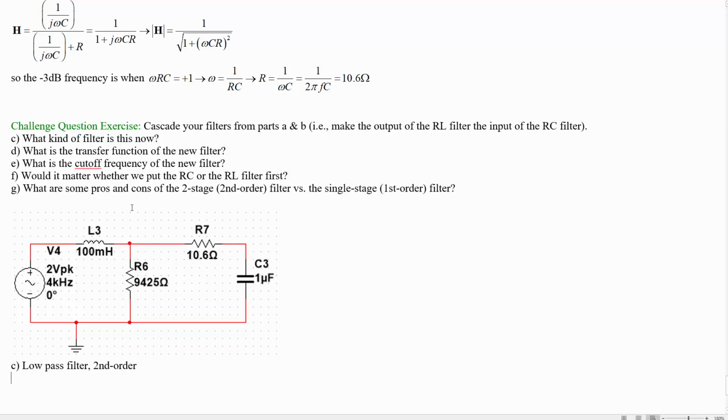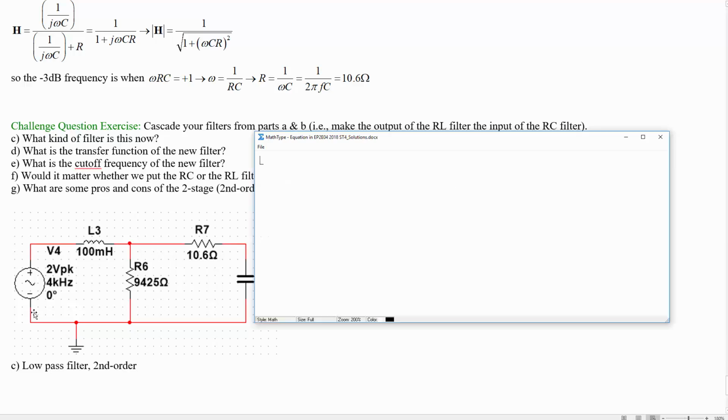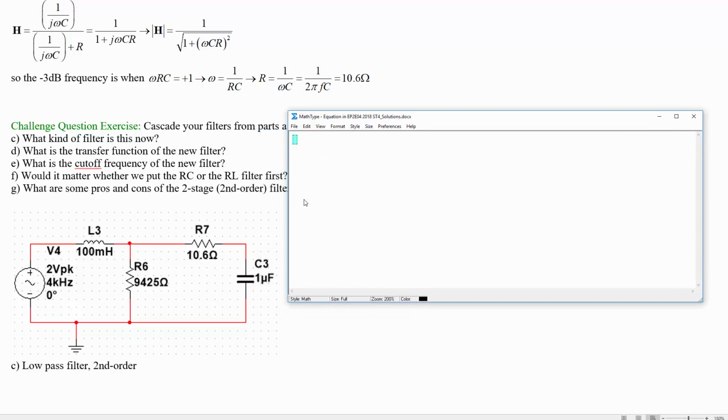Let's see if that works. So for the transfer function, it's the same idea as the filters we were doing in the earlier problems, a little bit more involved than the simple single stage RC and RL low pass filters that we just did, but same idea. So we've got H is equal to Z bot over Z bot plus Z top,